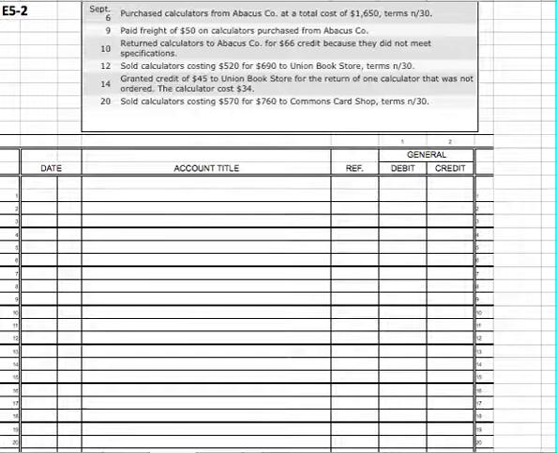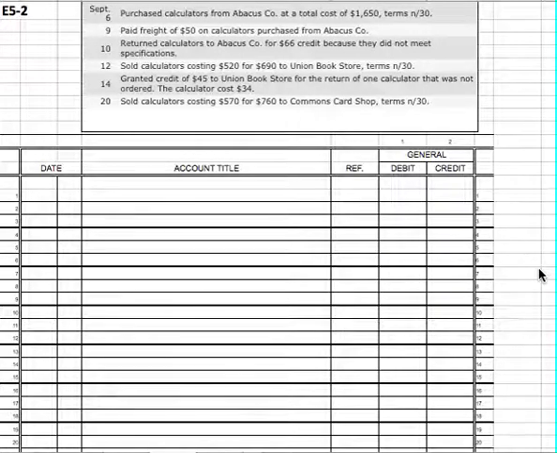Students, I'm going to do a demonstration of exercise 5-2, which is a problem that I ask you to do. It is journalizing perpetual inventory entries. So we'll just go ahead and get started. It asks us to journalize these entries